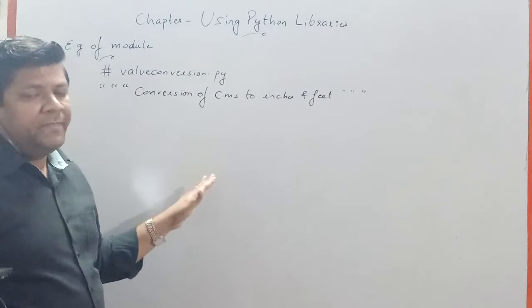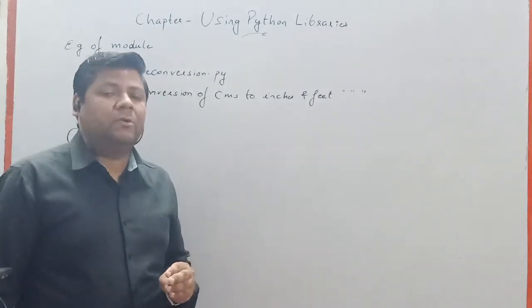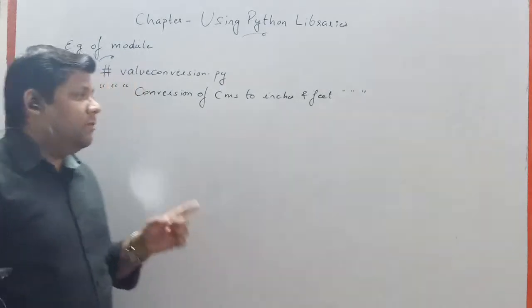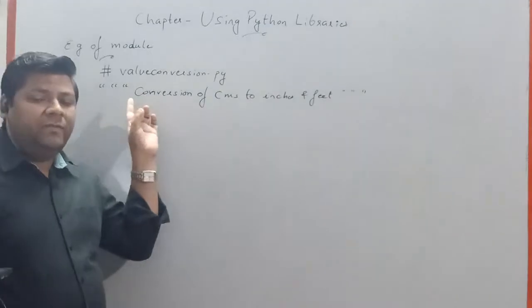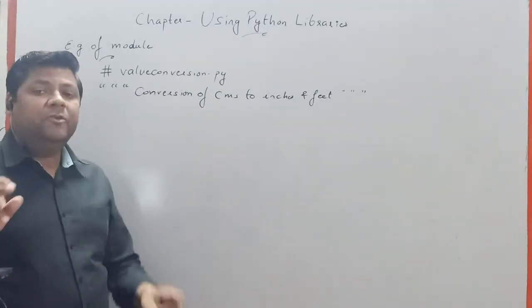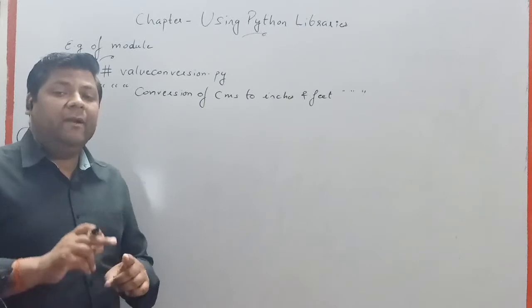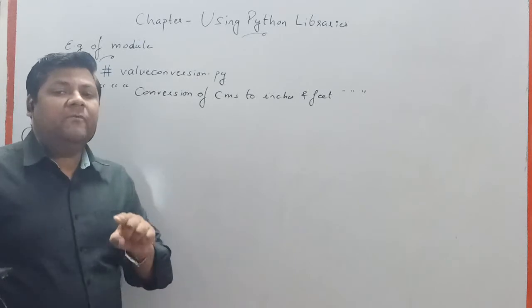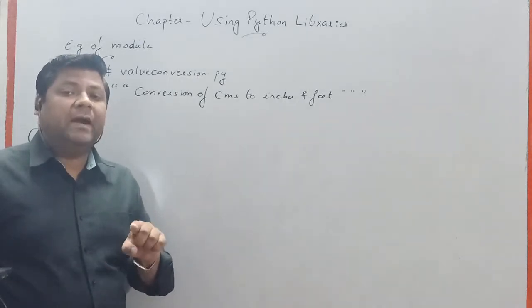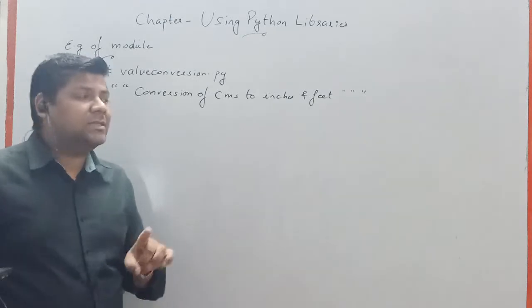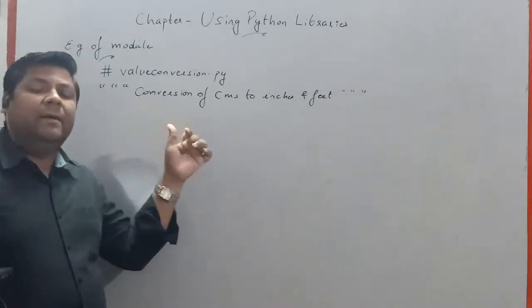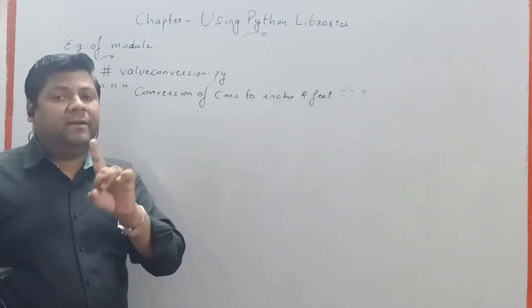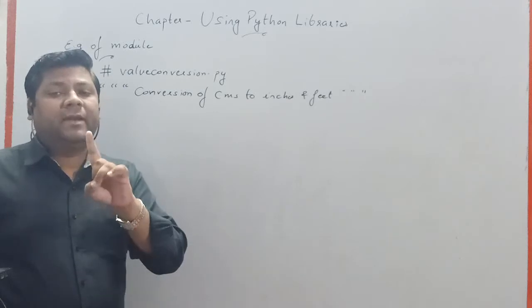This is a doc string. There are certain rules and regulations for the doc string also. The first general rule is that whenever you start a doc string, the first letter should be a capital letter. After that, you have to leave a line blank, and whatever you are going to write, you can continue from the third line. This is necessary for the first time when you create a doc string.